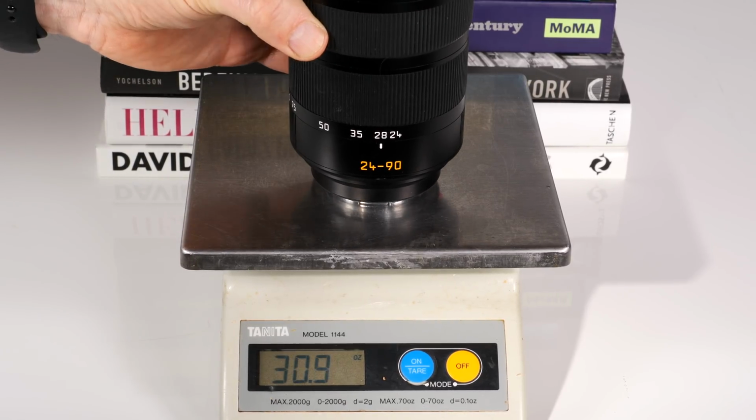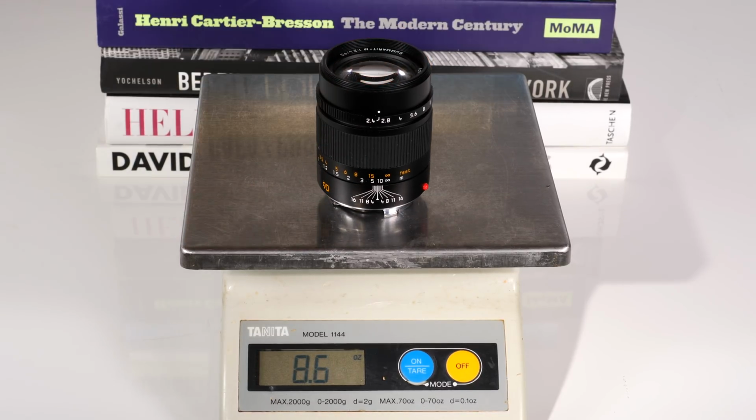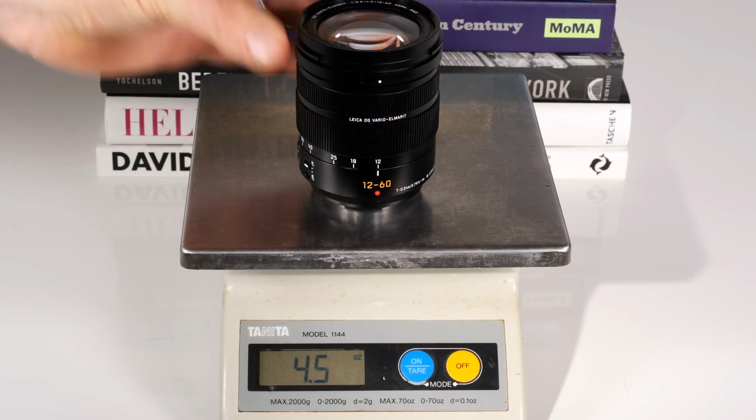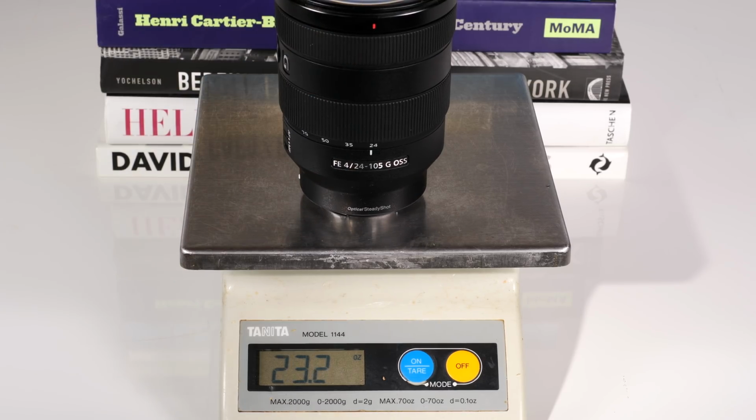While the 24-90 Elmarit is much heavier and larger than any one or two ordinary full-frame primes, ditto Micro Four Thirds zoom, like the Vario-Elmarit 12-60 2.8 to f4 for the Panasonic GH5, GH5S, and G9, it is not so much larger, even if it is much heavier, than Sony's excellent full-frame 24-105 f4 G OSS. It is not much larger, but noticeably heavier than Canon's still outstanding 24-70 constant aperture f2.8 and Sony's 24-70 2.8